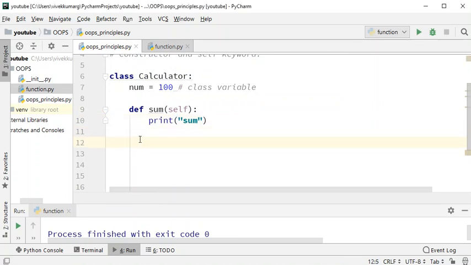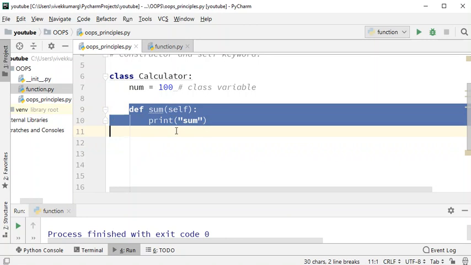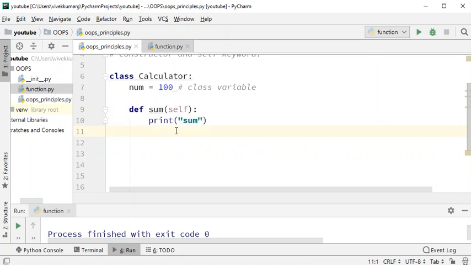So now let's come to the beginning. As soon as you come to the beginning, it will automatically be treated as you are no more inside the class, so whatever you declare will be considered outside the class. Now, for example, if you give one tab, whatever you write here will be inside the class. And if you give one more tab, whatever you write will be considered part of this method, right? So indentation plays a very important role in Python. So please remember. Now, let's come to the beginning.